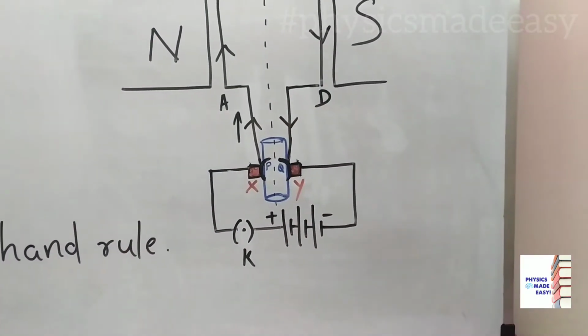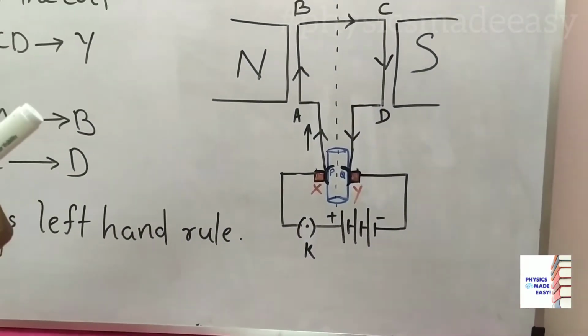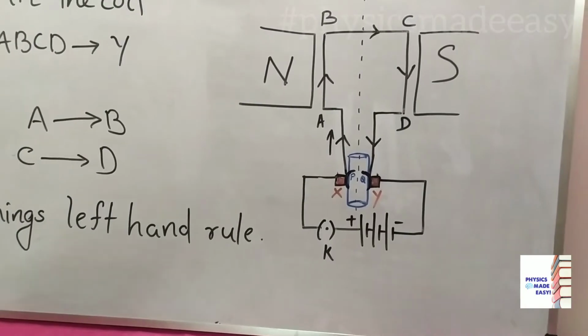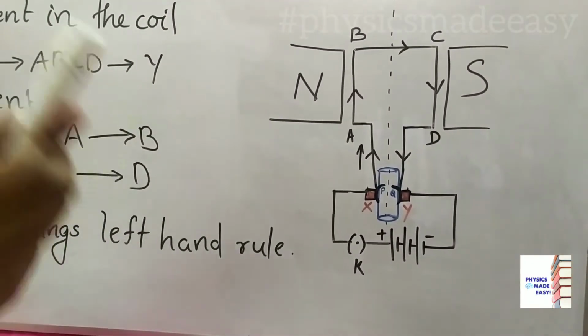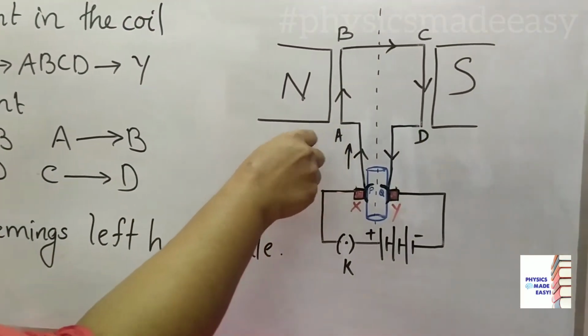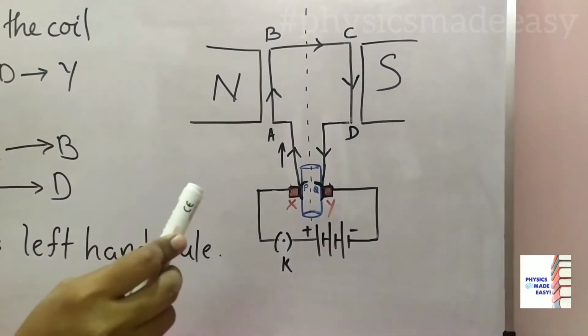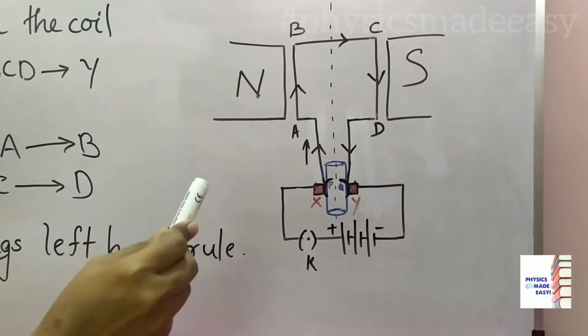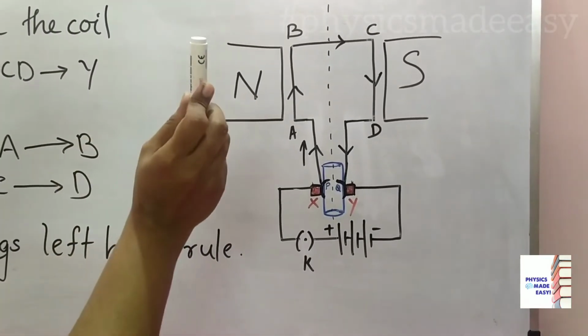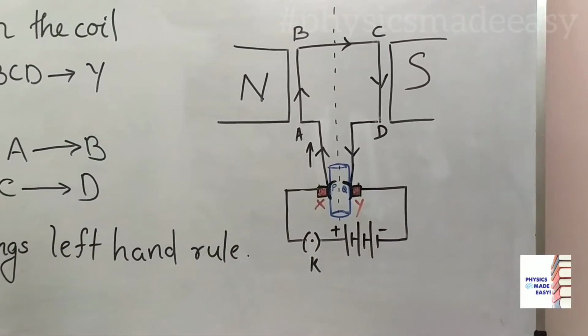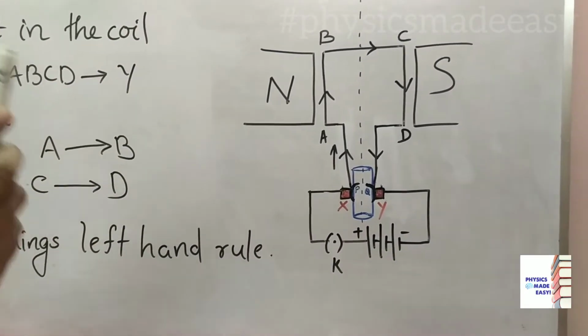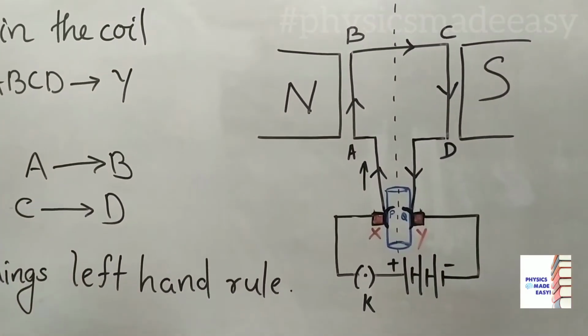Children, you know when current is passing through a conductor, what will happen? A magnetic field will be produced. Then you know if this current carrying conductor is placed in a magnetic field, what will happen there? A force will be experienced there. Due to that force, what will happen? This conductor will move. Towards which direction it will move, we can get from Fleming's left hand rule.